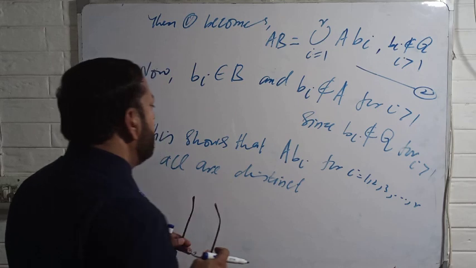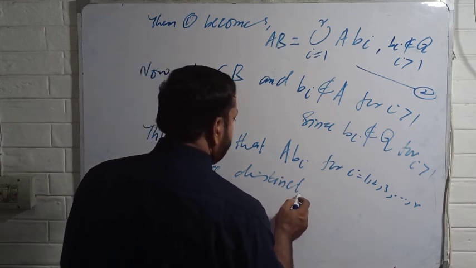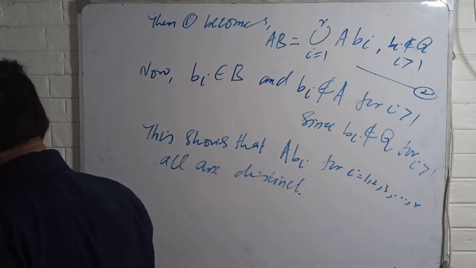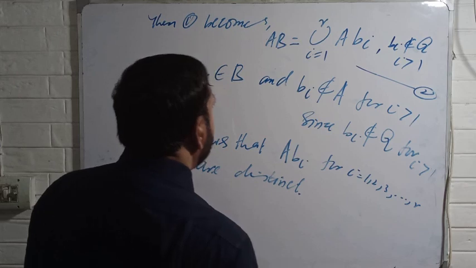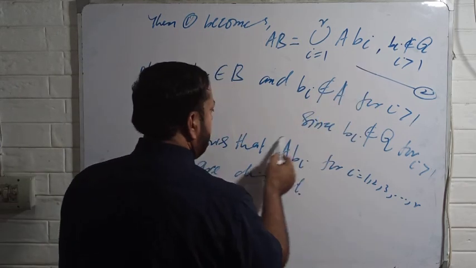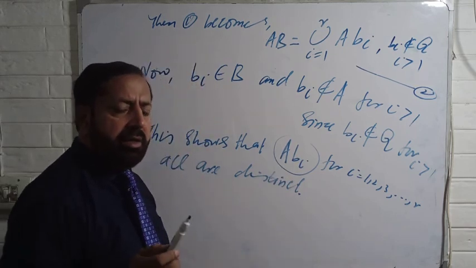Now, can you find how many elements ABI has? ABI, you know that,